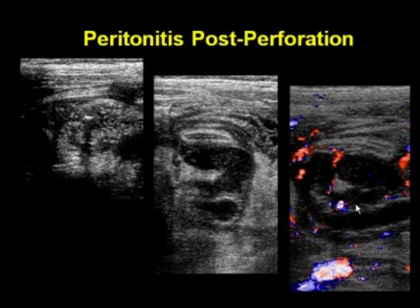Even after perforation, the appendix can still be visualized in close to about half of patients. Here we see it in cross-section. There's a little stone with distal shadowing, and you'll notice that there's a lot of surrounding inflammation, a lot of fat, walled-off mesentery, very strikingly identified in these images. There's some focal ileus as well. There's mild dilation of the adjacent bowel loops and hyperemia.